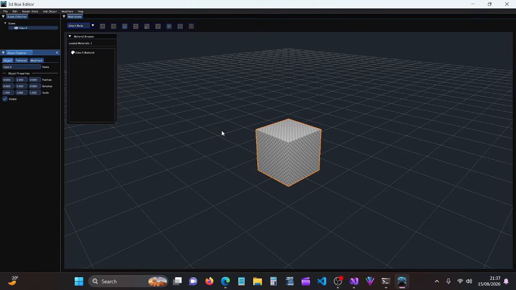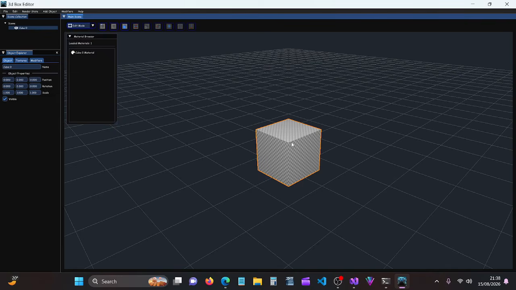Okay, very quick update on Box Editor, my 3D model editor. I've added a couple of new modifiers to it. So we have